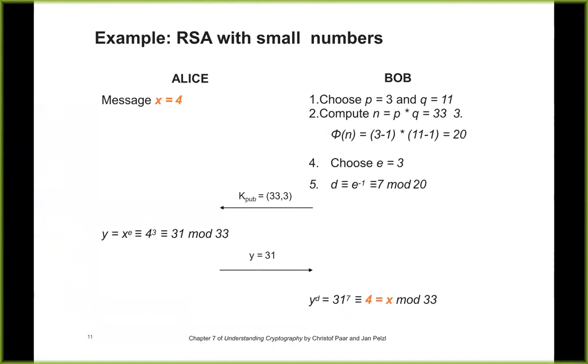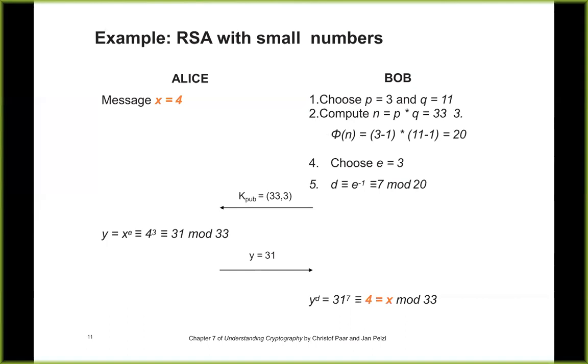So Bob has to choose 2 prime numbers and then compute n, compute phi. Those numbers are 3 and 11. Phi is (3 minus 1) times (11 minus 1), so that's 2 times 10, or 20. Then he chooses E. Like I say, choosing E of 3 is fine. And now all he has to do is find the inverse of E mod 20. And that is 7, because 3 times 7 is 21, and that's 1 mod 20. So with this simple example, you can do it in your head. So now he has D, but he doesn't tell anybody.